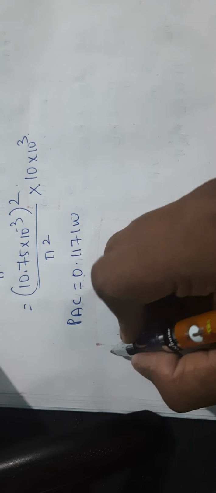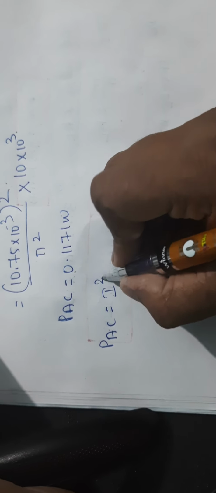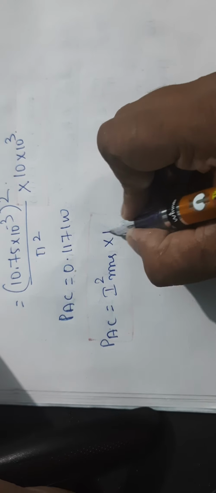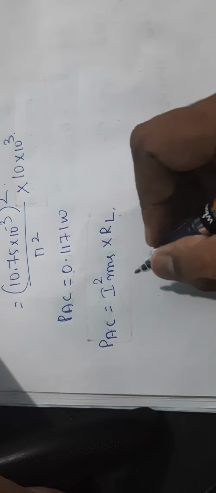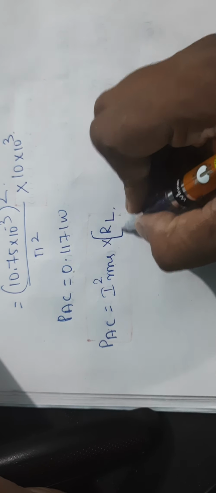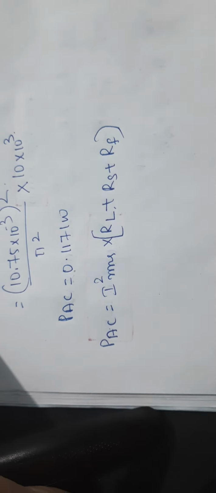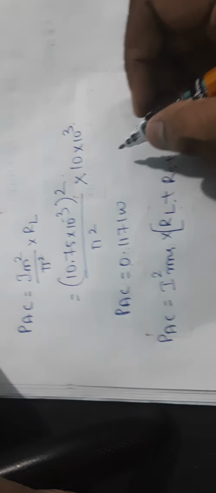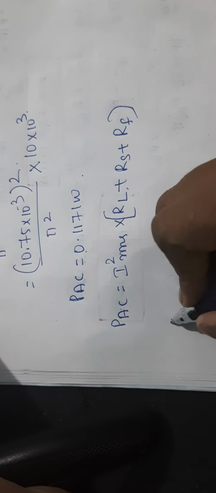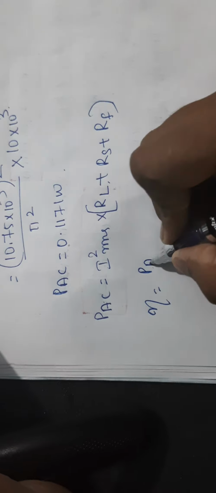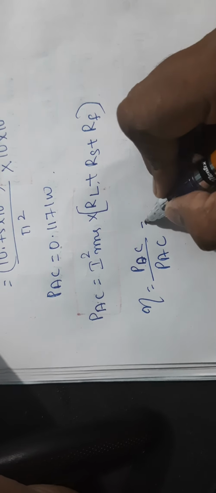Same formula. Just for the sake, I will write only the formula. See, I have another formula: I RMS square into RL. If you know the IRMS value, you substitute this. This RL will be all the resistances that are present, I have to consider. Okay. And now this is very simple. I have the Im value, so I am using this PAC. Okay. Now efficiency is equal to PDC by PAC, which is equal to